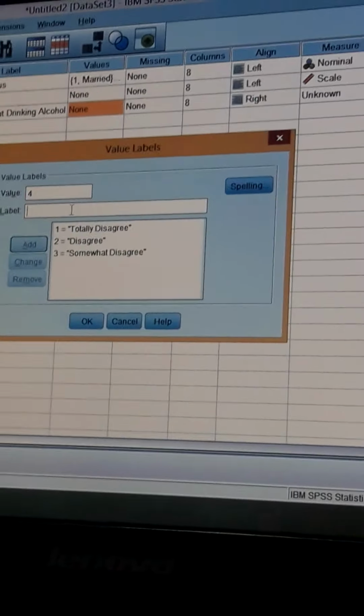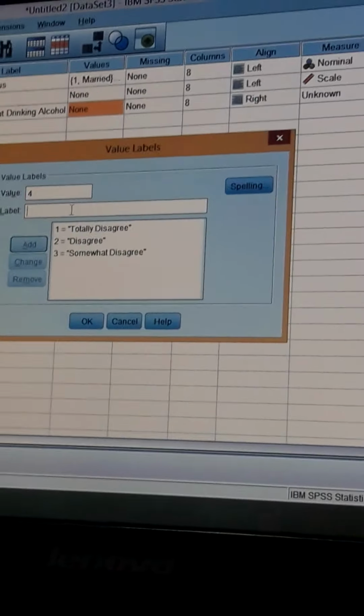Add, and 7 we will write totally agree. So this completes our value labels, and then we are going to click OK.